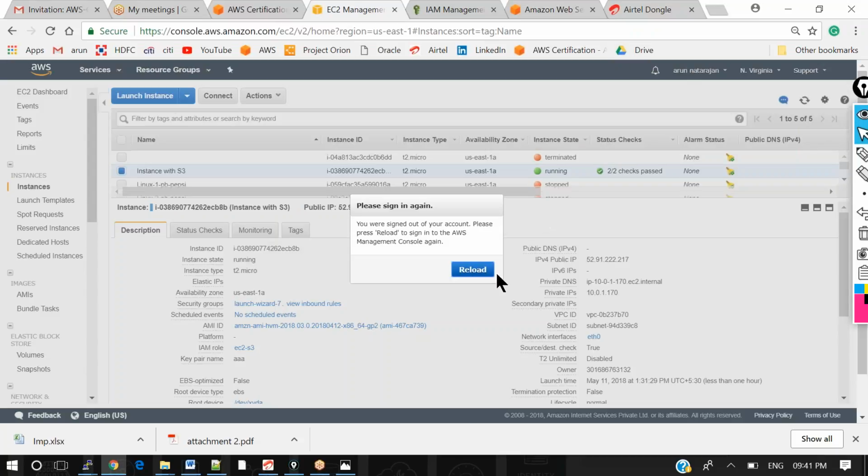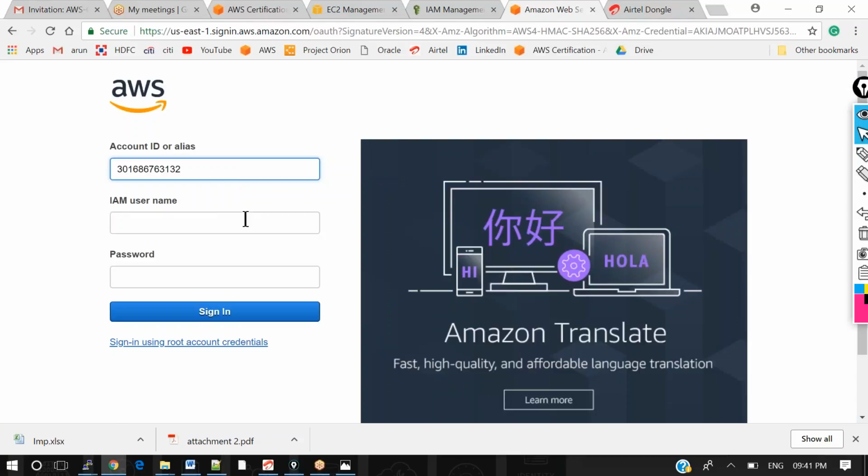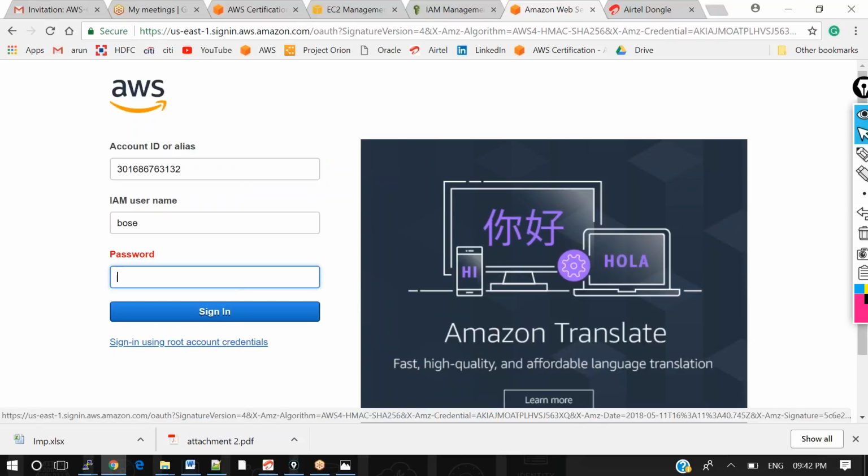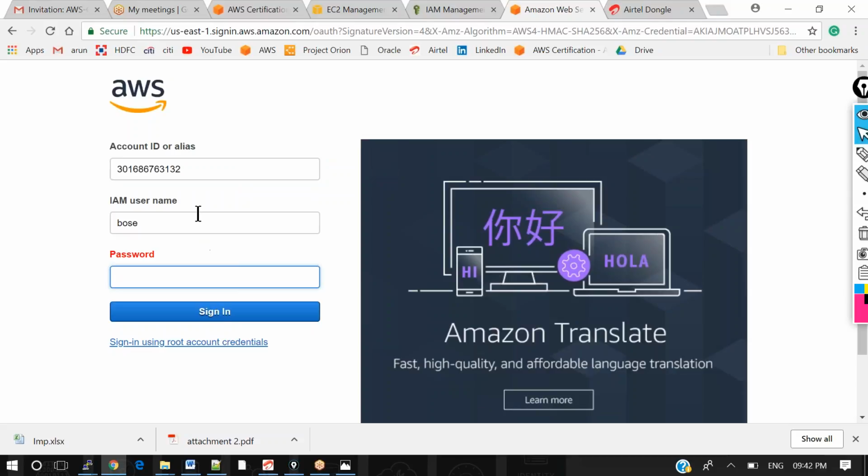Let me log in with both. We haven't created the password, right? Okay, let me log in with Srikanth and the password.